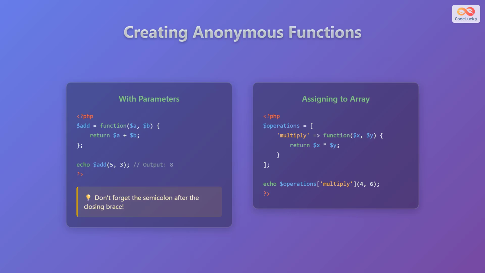Now let's assign an anonymous function to an array. Here the array $operations has an index called multiply which is assigned an anonymous function. This function takes two arguments $x and $y. It returns the product of $x and $y. Then we call the function using the array index with the line echo $operations['multiply'](4,6);